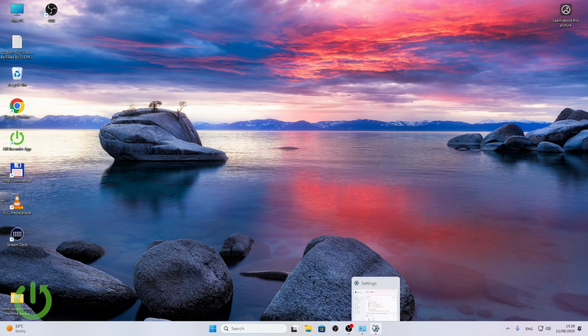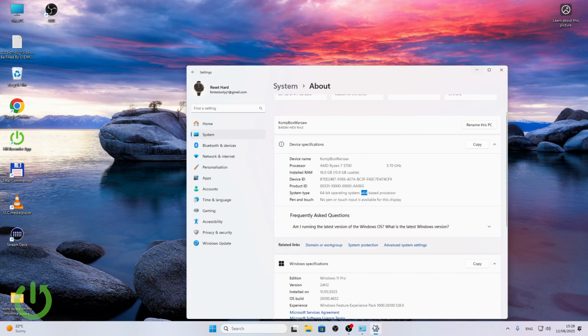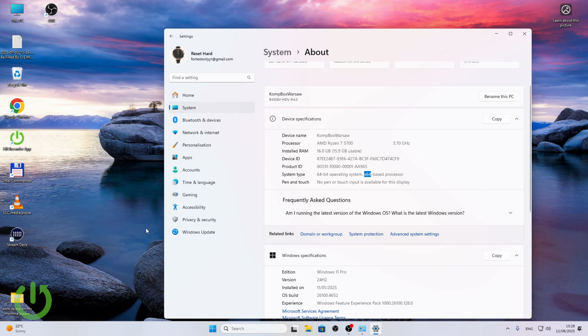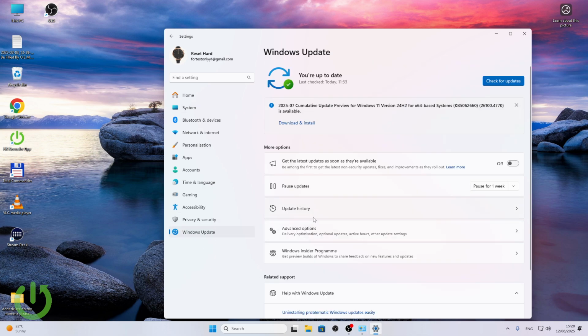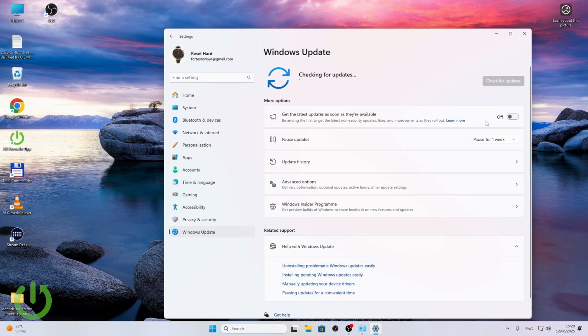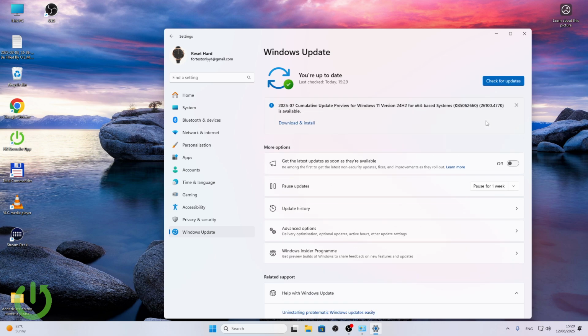Now, I think that the problem should be already fixed, but the last thing that you can do is go to the Settings application and go to Windows Update. Then check for updates and see if there are any updates available for your system. Sometimes these updates will fix what hasn't been fixed with our other things. You can see mine are up to date, but you should be able, if there are any updates available, to